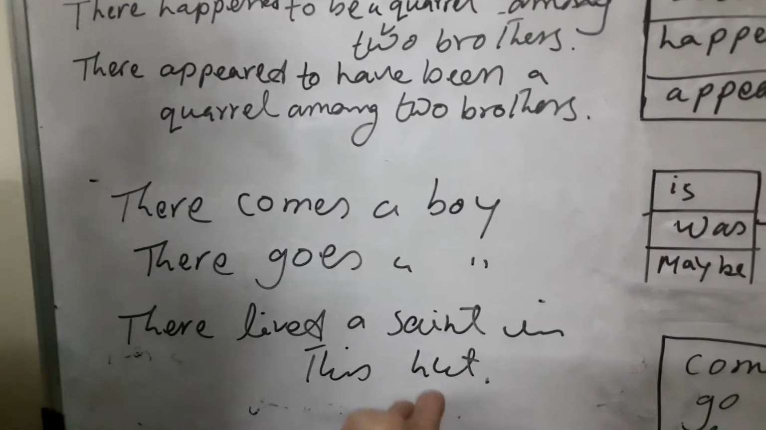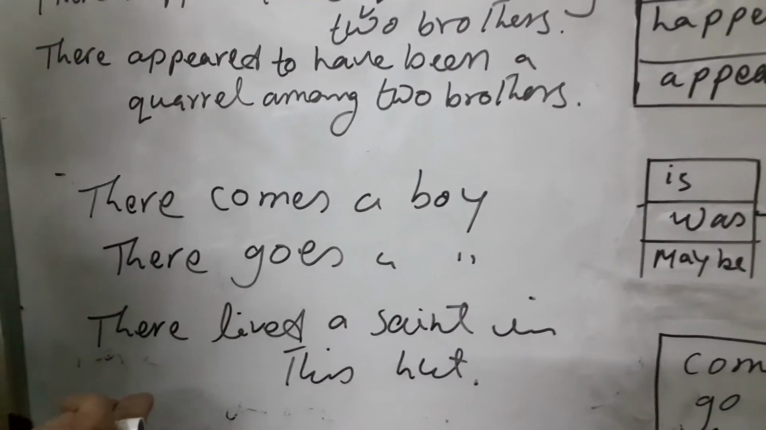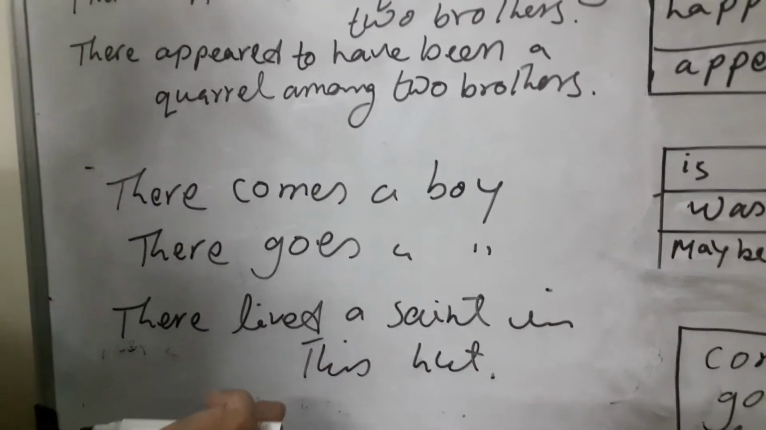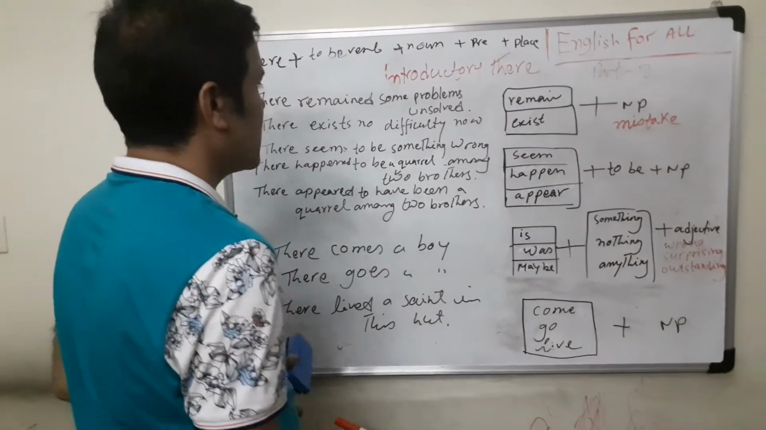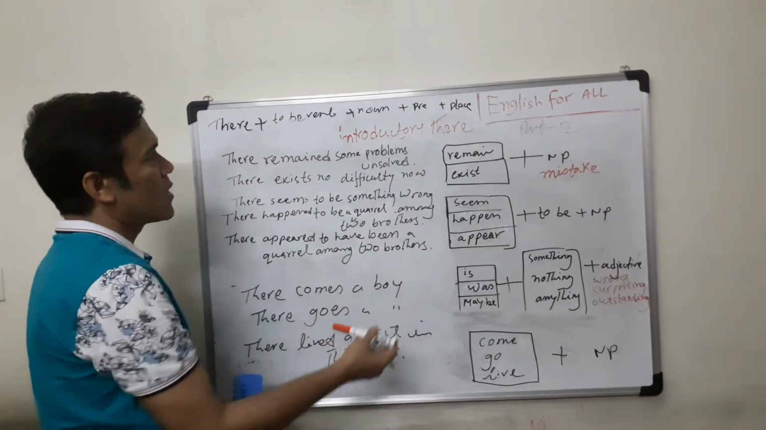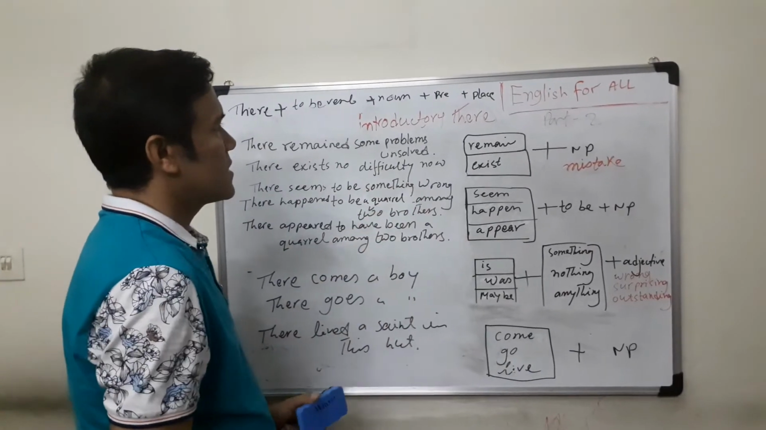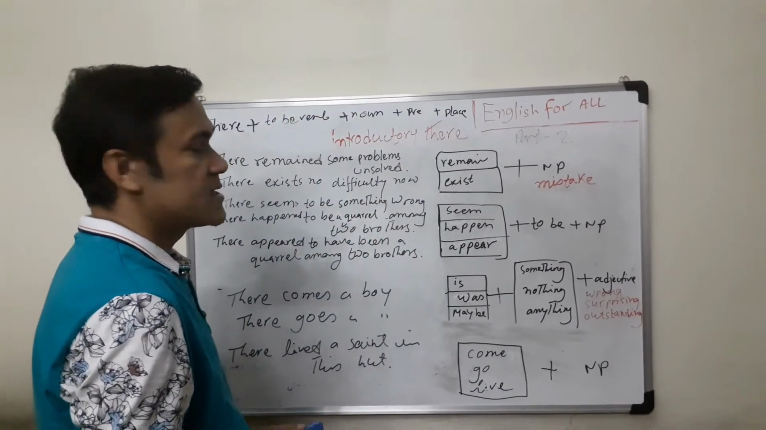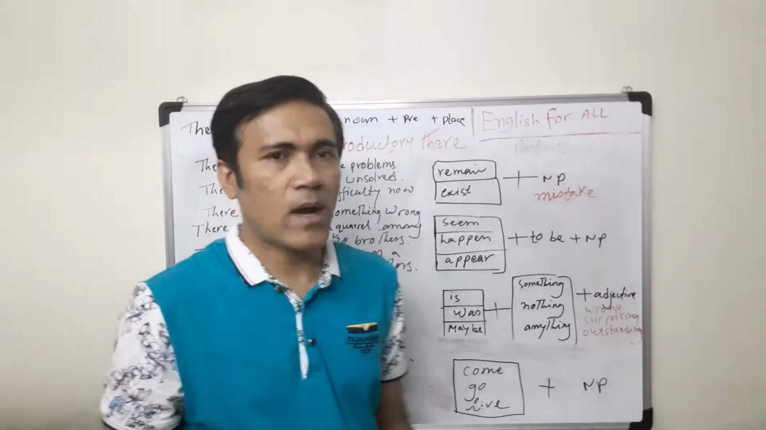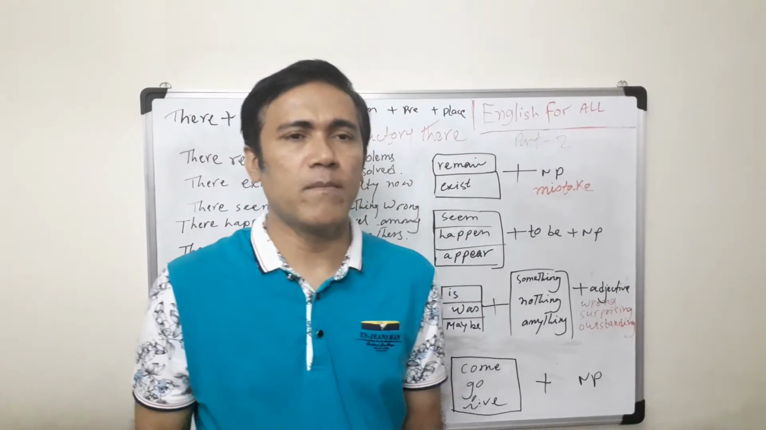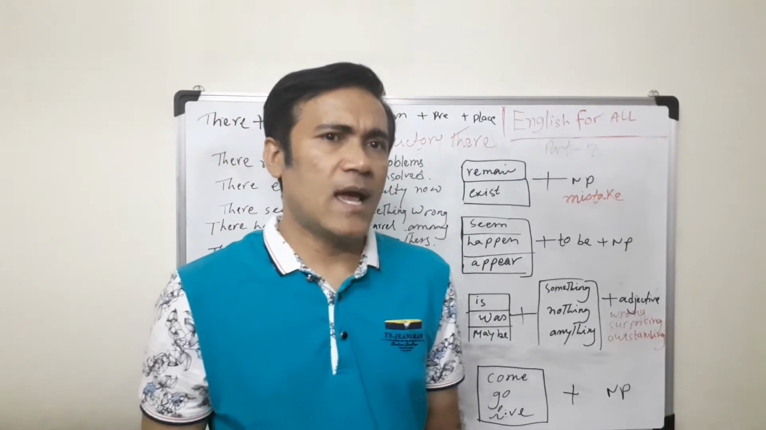এই কুঁড়ের ঘরে একজন সন্ন্যাসী বসবাস করত, থাকতো। এ হচ্ছে স্ট্রাকচার। এই স্ট্রাকচারগুলো দিয়ে আমরা ইন্ট্রোডাক্টরি দেয়ার ব্যবহার করে সেন্টেন্স তৈরি করতে পারি। Dear viewers and learners, now I'm going to show you how you can make negative and